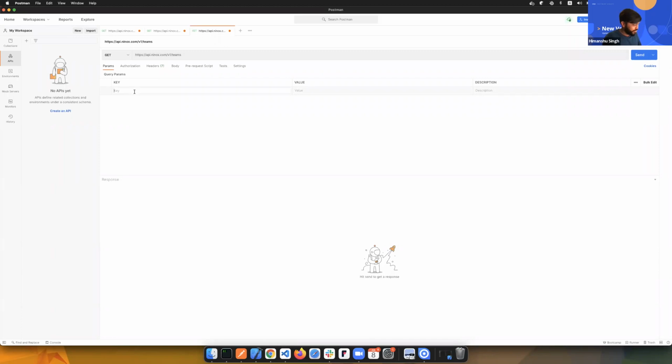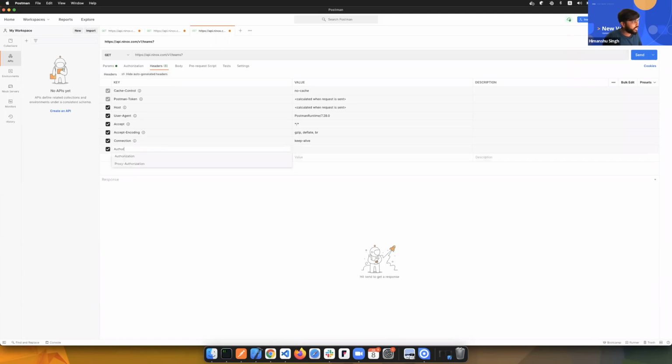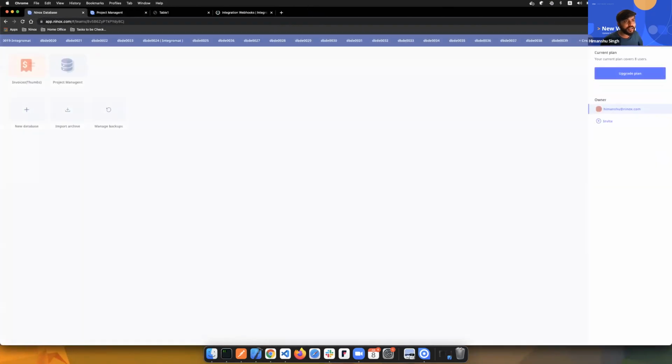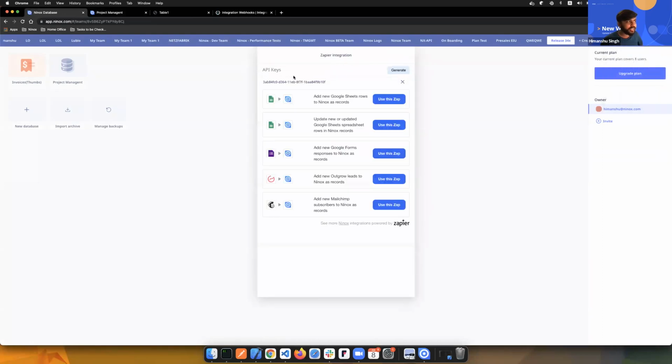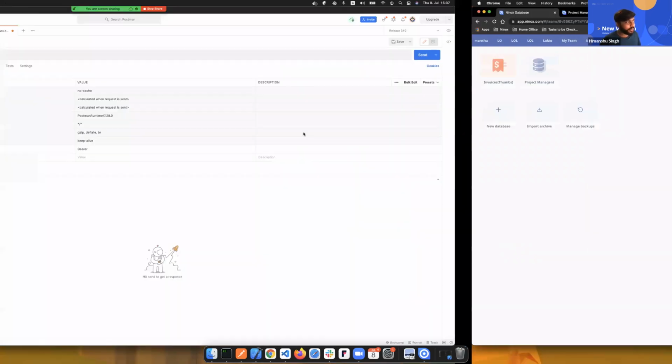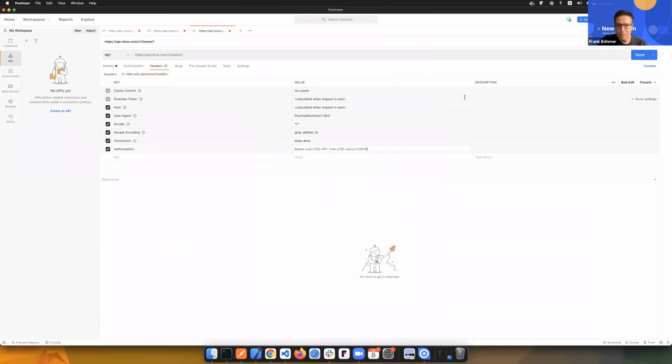The way you do that is by simply providing an authorization with a value of bearer space your API token. Some of you might question, where do I get this API token from? It's also very approachable. You just need to go to your application, click on Zapier integrations, copy your token, and that's your token. And if you do not see any, press generate and use it. So that's my token. I'm going to use it, and